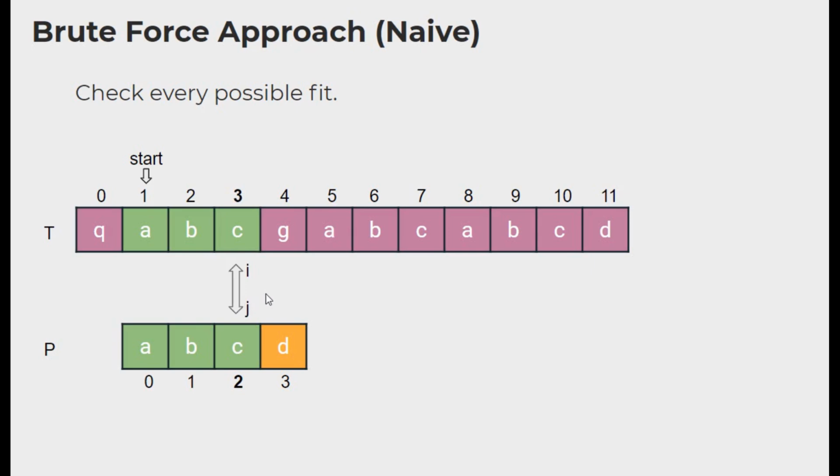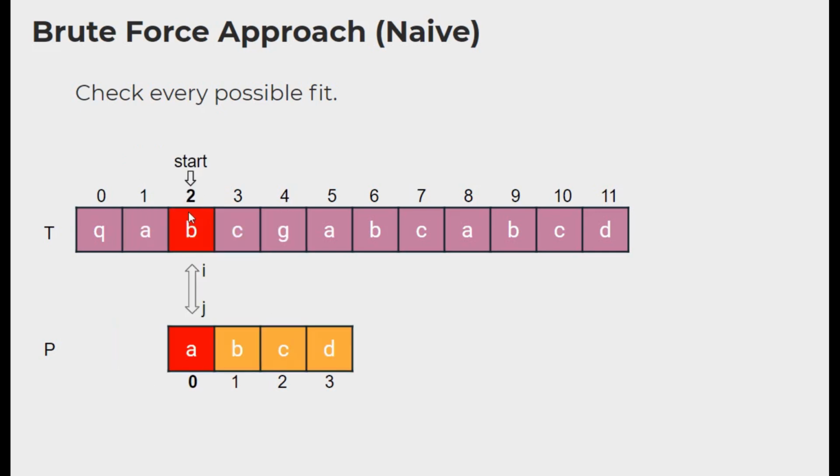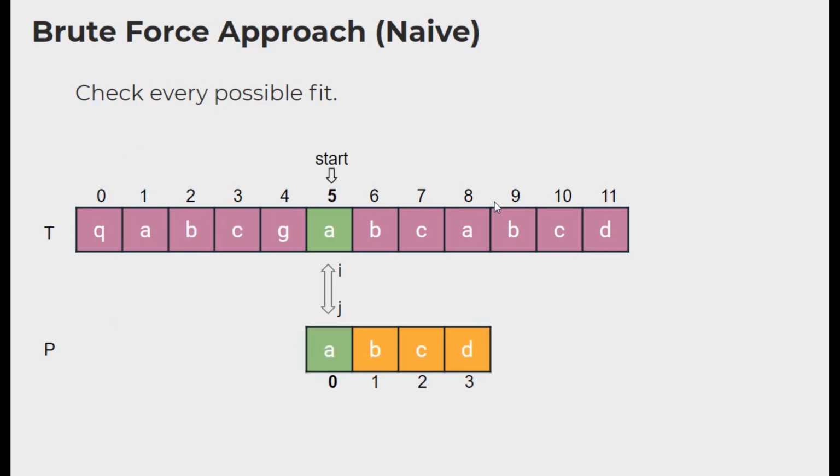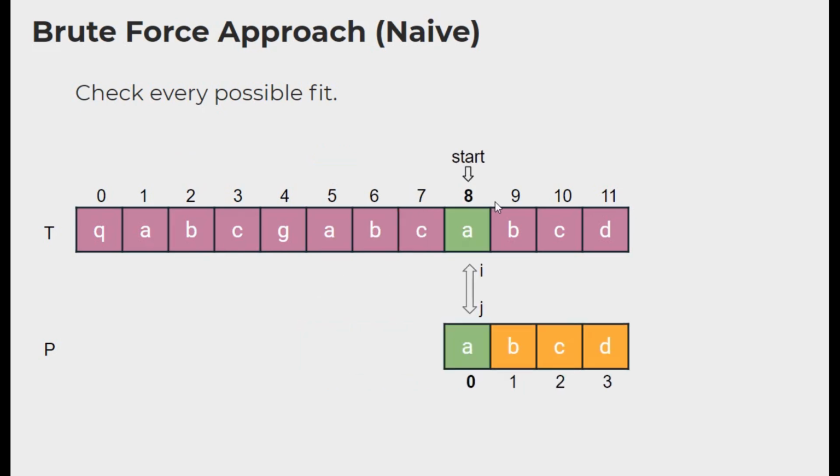And when we find a mismatch later in the pattern like this, see here the index of the pattern is 3 and we find a mismatch here. We have actually started our comparison from the first index. Now since we have a mismatch, we move back to the second index and start comparing from this position. We continue doing this until we reach the end of the text.